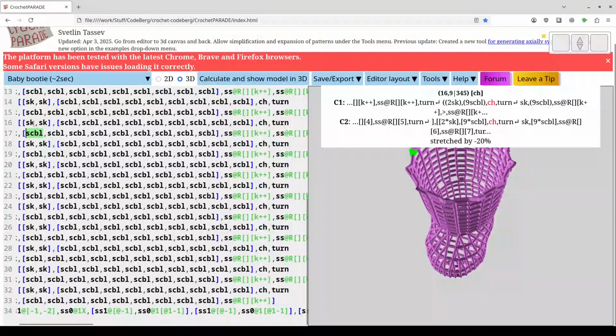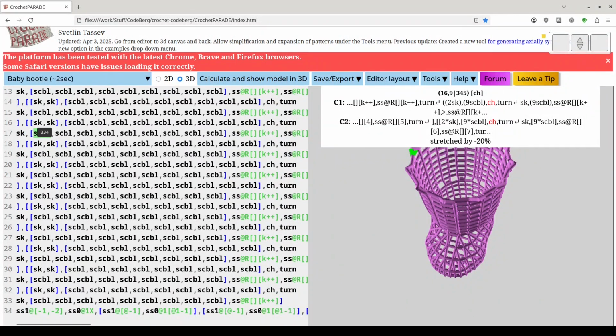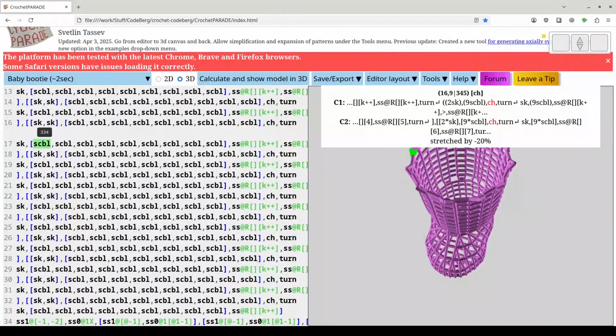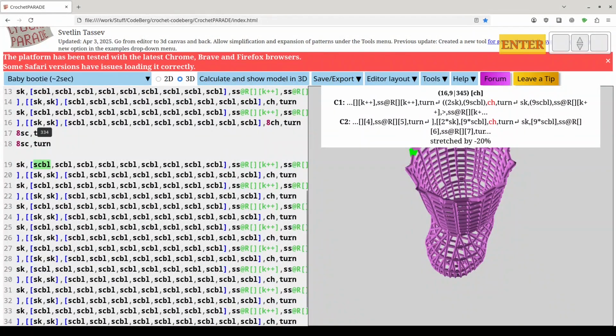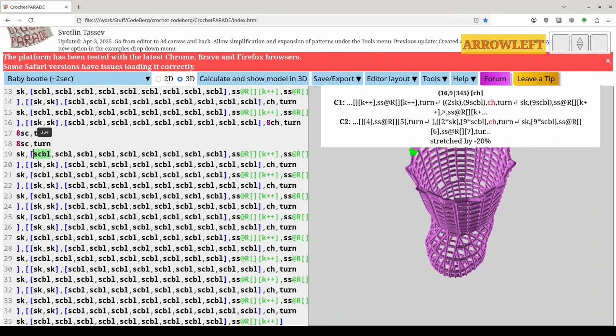So what I want to do is I want to make some kind of a handle so I can hang this bootie. So I'm starting here. I'm going to extend the single chain that's at the top of this turn. So this bootie, the cuff was done in rows, so here it is. I'm doing 8 single crochets one way, 8 single crochets back, and then single crochet in the back loop